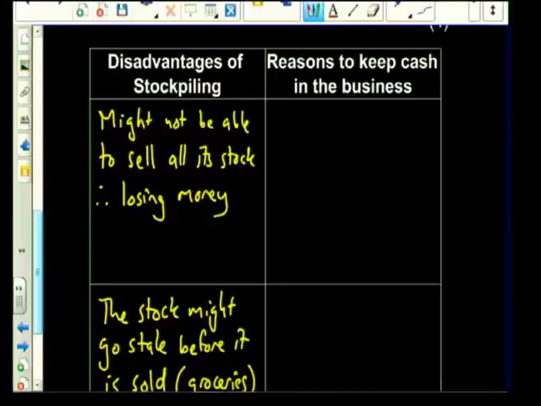So now let's think about the other side. We've said the disadvantages of stockpiling for the one partner's position. And now let's think about the reasons to keep cash in the business. Why do people keep cash in a business? Why do they keep it on hand instead of spending it? Well, one possible reason is that the business needs cash